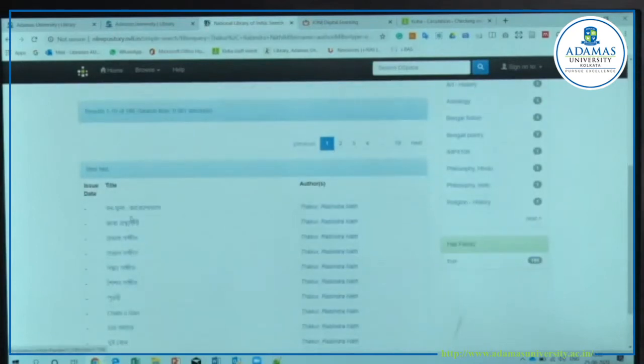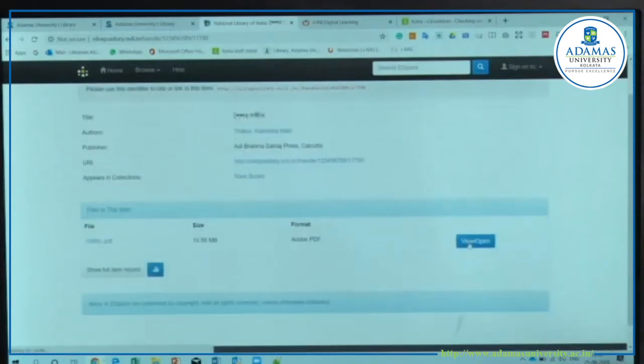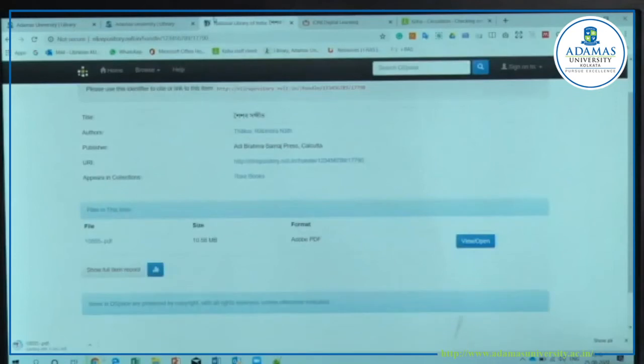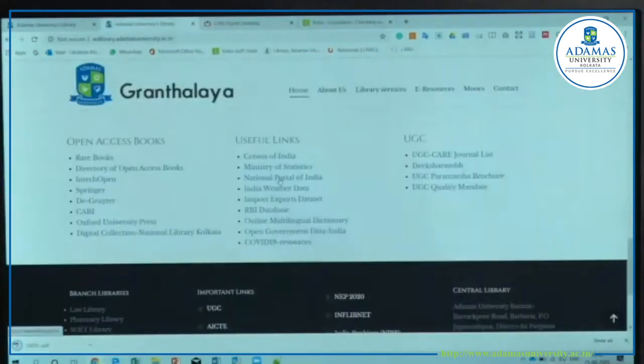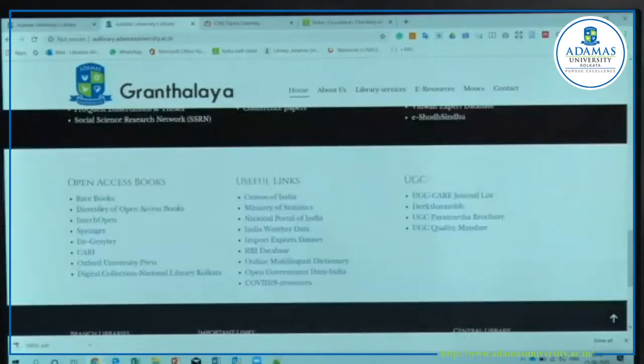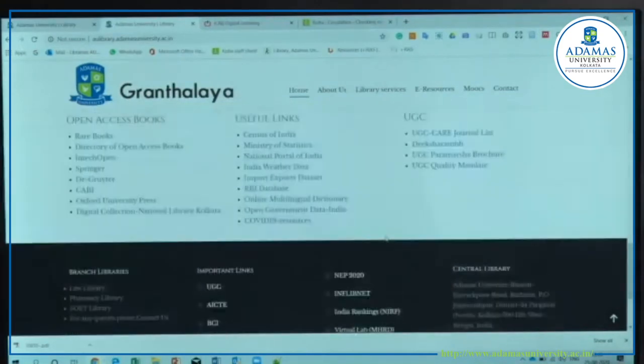Those who are mainly from the literature field will get many resources from this portal. So there are many other resources. You can get rare books, you can get a lot of ebooks from here. There are many resource links available.